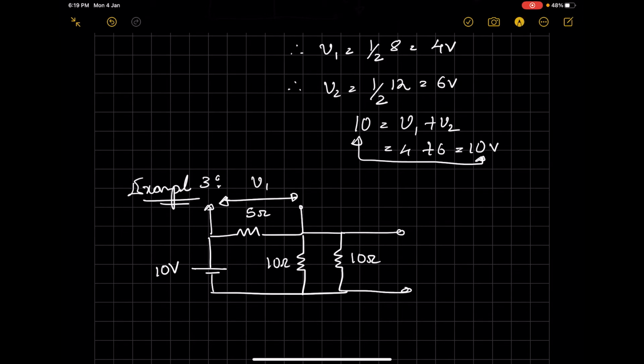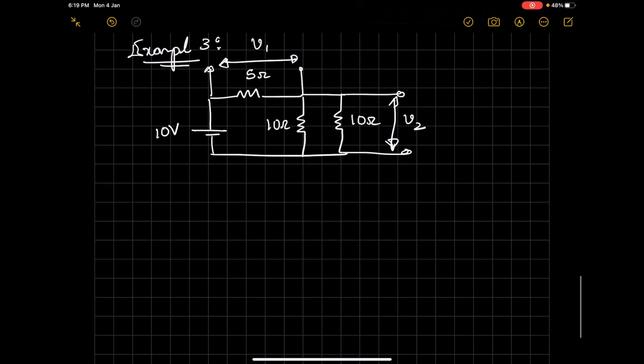So since the voltages are same in parallel, across both the 10 ohm resistors it will be same voltage V2. So the first step is to find the current I. To find that, we'll be needing the total resistance R, and if you see, since the network is a little complex, you need to solve the resistive network to find the equivalent resistance R.